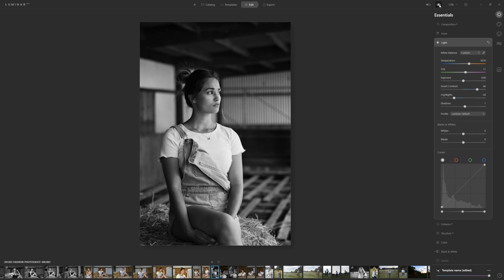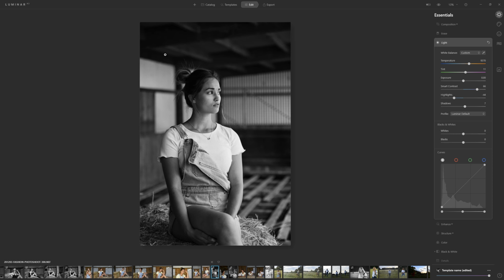So if we have a quick look again at our before and our after, we're seeing a nice process going on here. I'm enjoying what's going on with her face, but I do feel that her top here is a little bit too bright. I also find that these panels to the left here, the top one and the one just to the left, are a little distracting as well. So there are some things I'm going to do to take care of those,